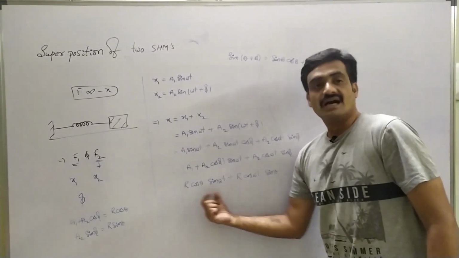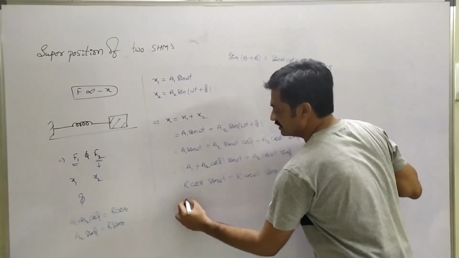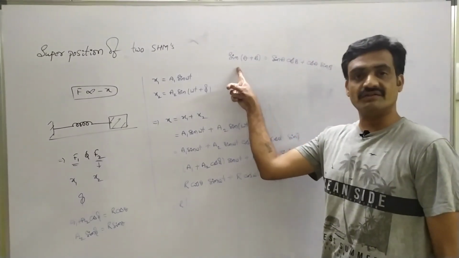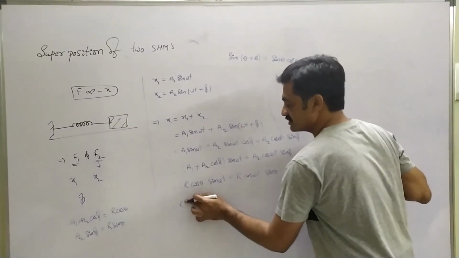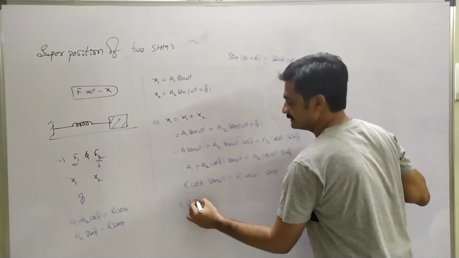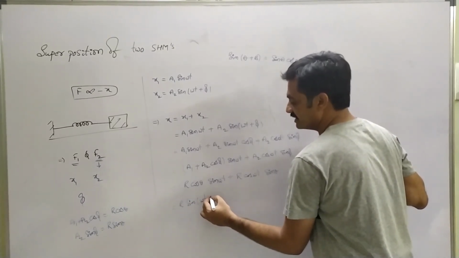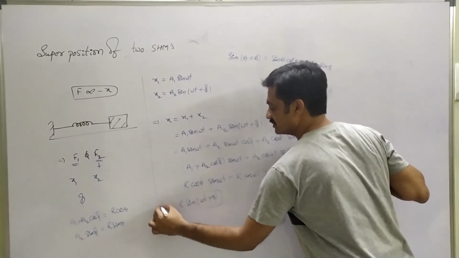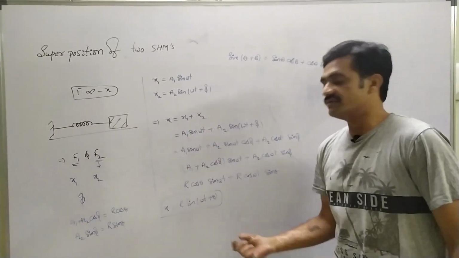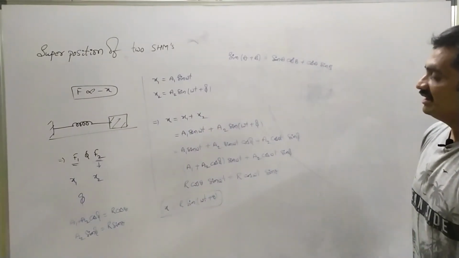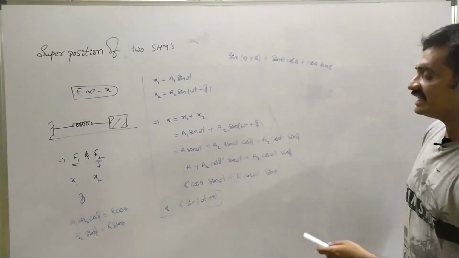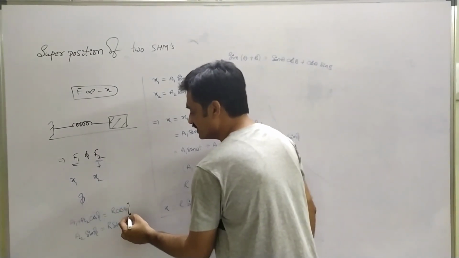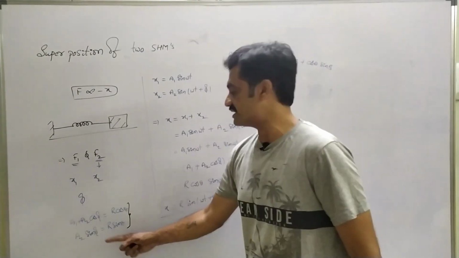Here we can take r as common. As we take r as common, we have sin a cos b plus cos a sin b, so we can write it in the form of sin(a plus b). Substituting, we have r sin(omega t plus theta). This represents the resultant displacement of the superposition of two SHMs. Now we have represented the displacement equation, whereas here we have to find the resultant amplitude by considering these two equations. To do this, we square these two equations and add them.